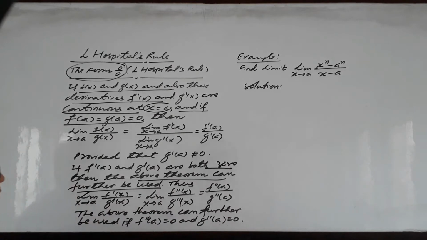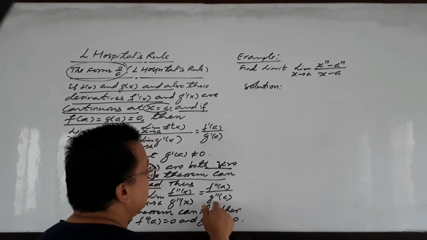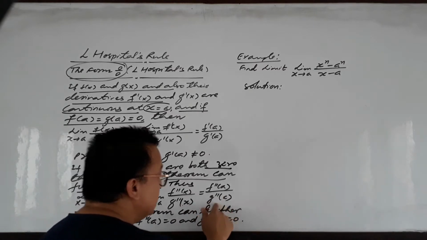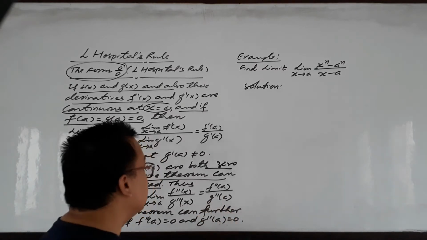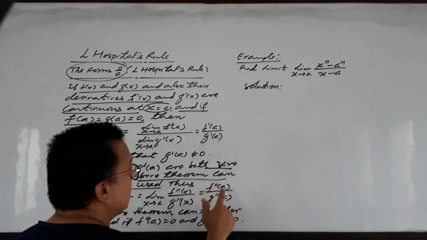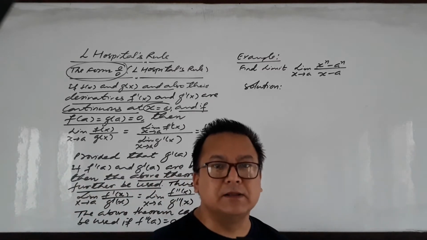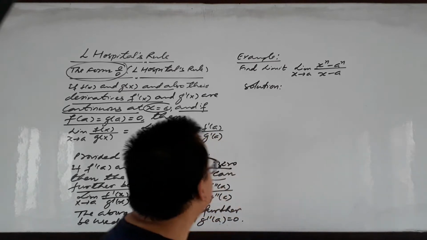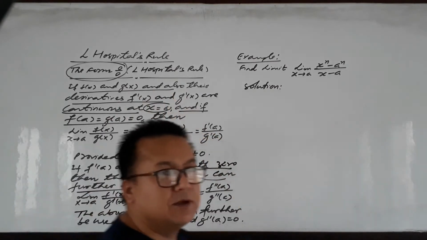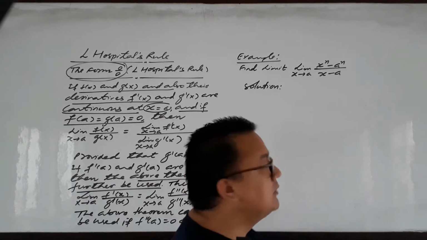So again, you need to find the second derivative, and then you can apply the limit. If the second derivative of the denominator, g double prime, is not equal to 0, then that will be the limit of the function. If again this equals 0 and this equals 0, then again we can use the theorem further. You can go through that in an example. I have taken one example, from there you can understand. Thereafter I take the question.